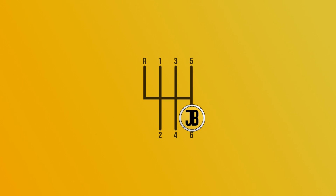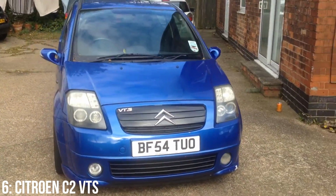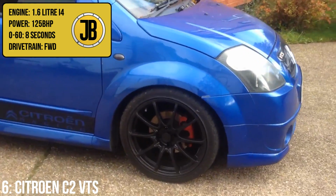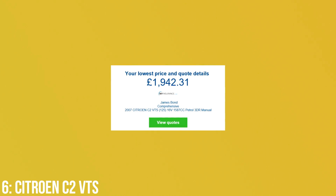Originally, this was going to be the usual top 5 rather than 6, but I really didn't feel like I could leave out this little French warm hatch. The Citroen C2 VTS is the quickest car on this list with a 0 to 60 time of 8 seconds thanks to its 1.6 litre inline 4 that puts out 125 brake horsepower. I managed to get a quote on one of these at £1,945, which is still relatively expensive despite being below the country average for 17-year-olds, but you do get a decent